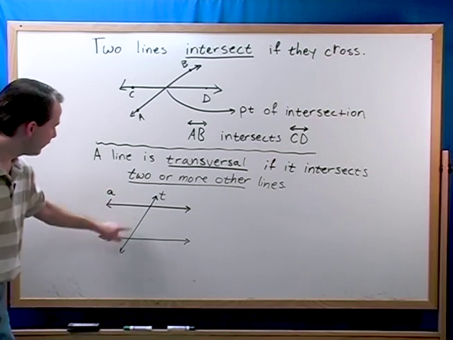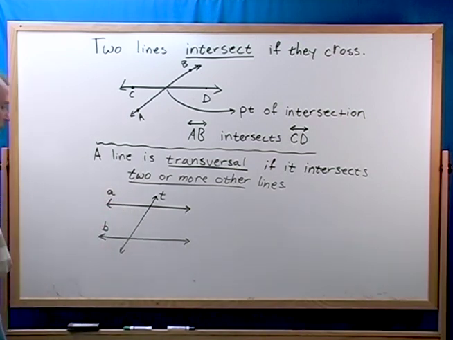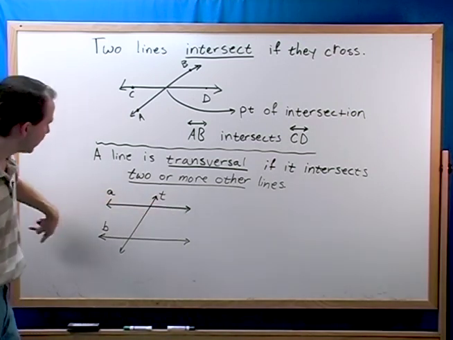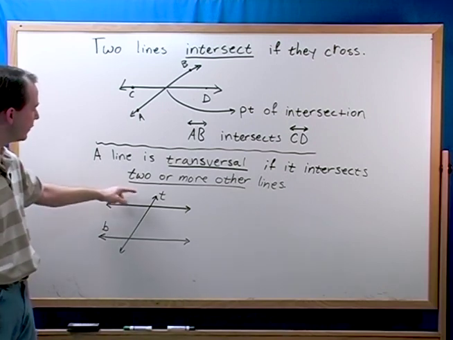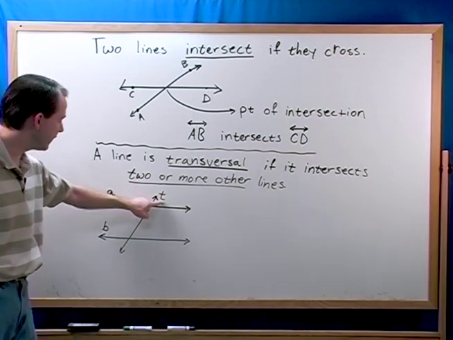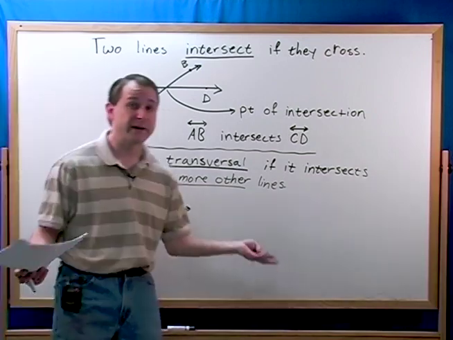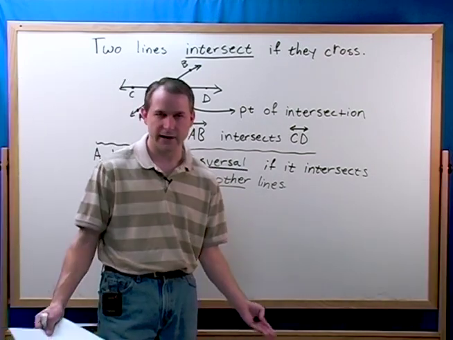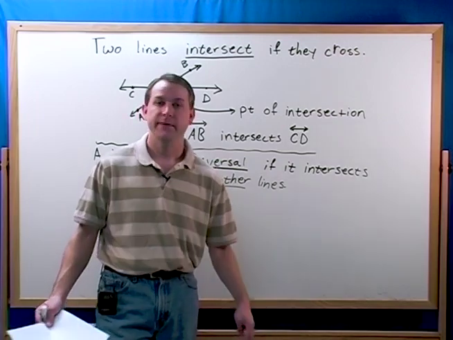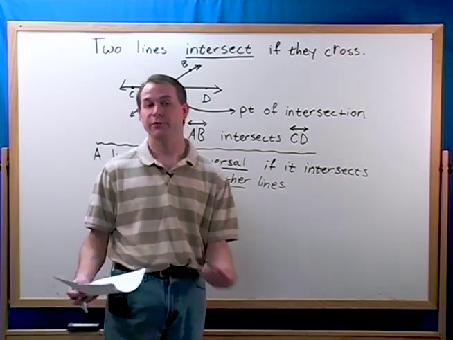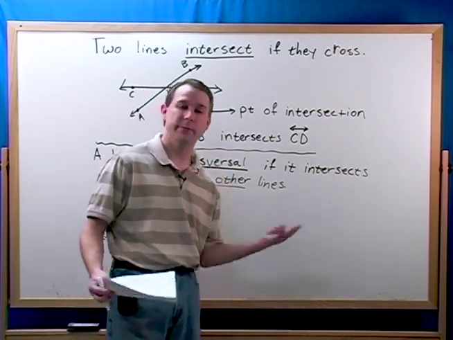Because it intersects two or more other lines. Now I could have tons of other lines here crisscrossing, but all I need it to do is intersect two lines. See here, T intersects A and T intersects B, and it's a simple definition. You don't need to know why that's the case or why it matters. That is the way it is, okay? So as long as you just remember that, you can apply it in your problems and you'll be good to